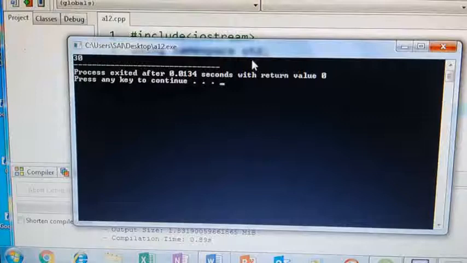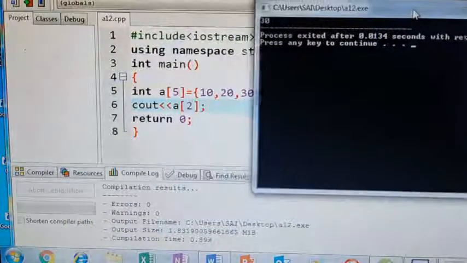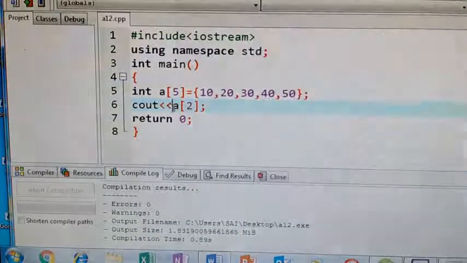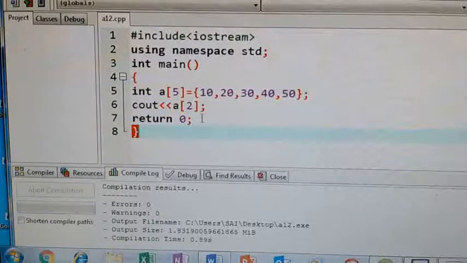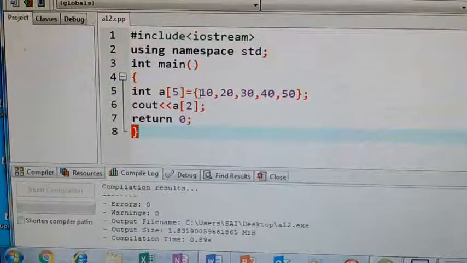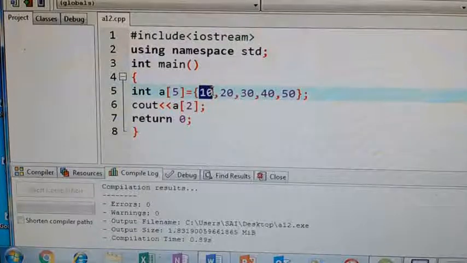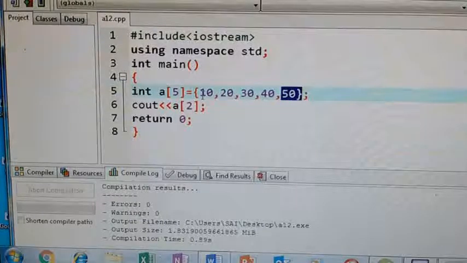So if you want to print only one element, then directly you can give the name of the array and the index number of that element. But when you want to print all the elements, then you can use any loop. For loop you can use, while loop you can use, do while you can use. So here the initial value should be the starting index, and the range should be the ending index. So whatever values you are printing, that should be between these two. Okay, understood?